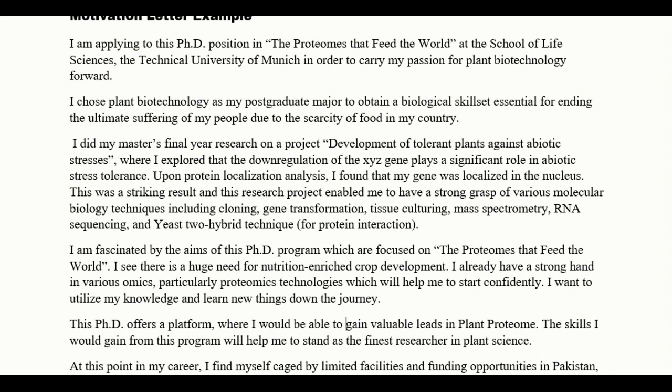That's all about my motivation letter example, which is relevant to the PhD position ad I showed you in the previous slide. So this is an example of a motivation letter according to that position ad. So now the main thing is, in whatever field you are, you should be very confident in whatever you're applying for. Don't overdo things, don't exaggerate, don't be overconfident, and don't try to play emotional.